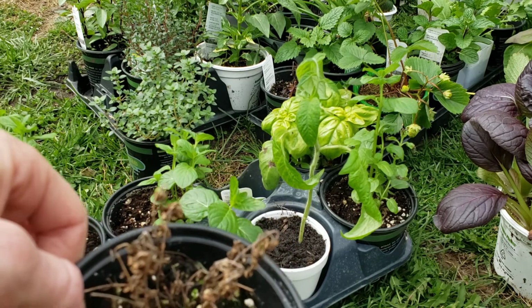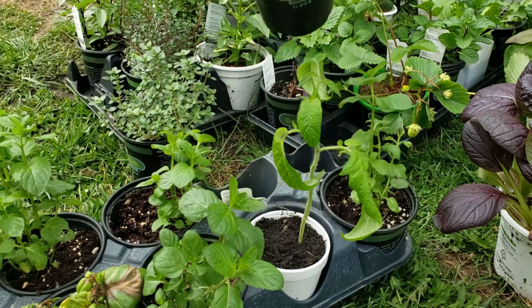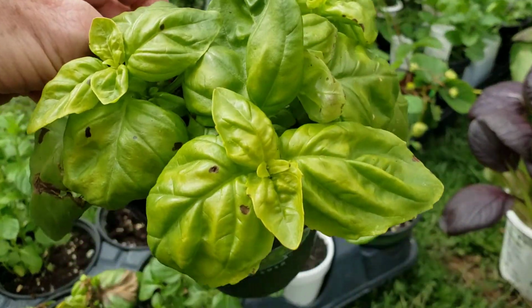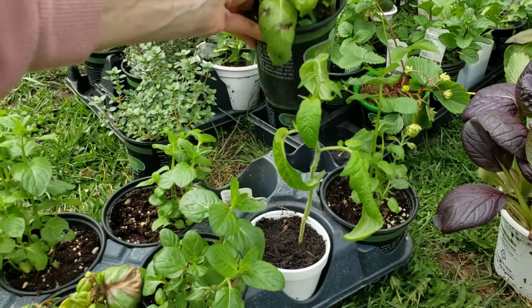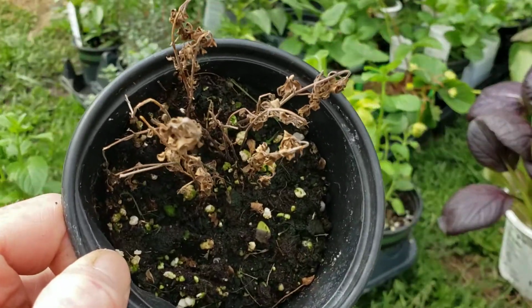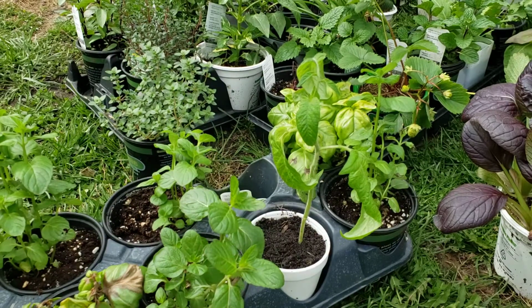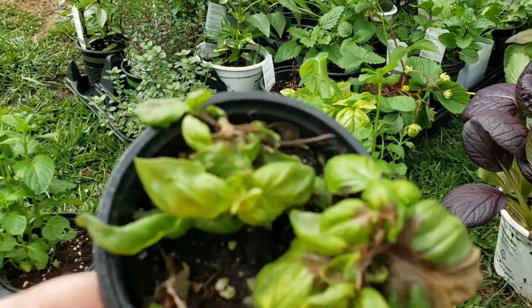Don't put them right in the blazing sun because of the factor it will get scalded. And I have that to show you as well. That is from the sun. It got a little bit of sunburn. So I did sacrifice a couple plants just to be able to show you what happens if you just take it from controlled house or dining room like mine are, and just bring it outside. This is English thyme that no longer exists, and this basil was not hardened off,